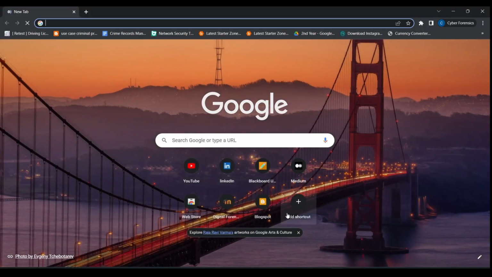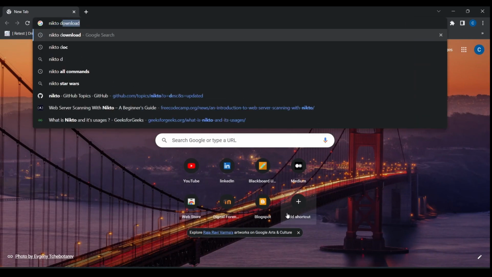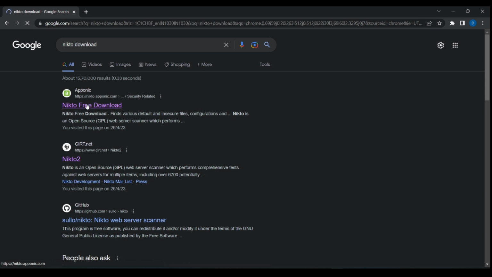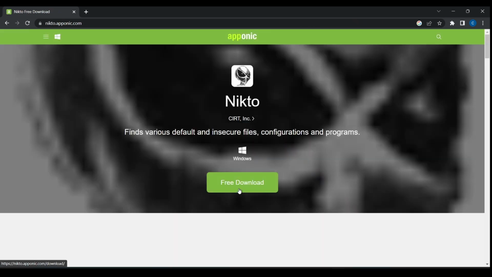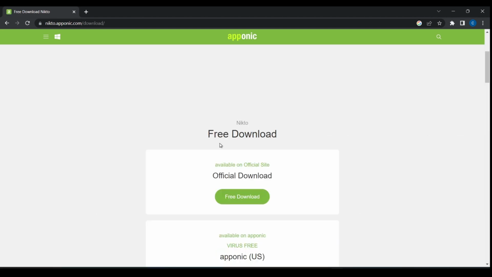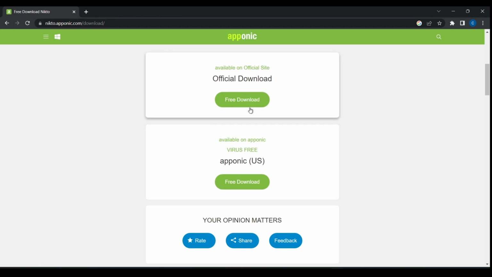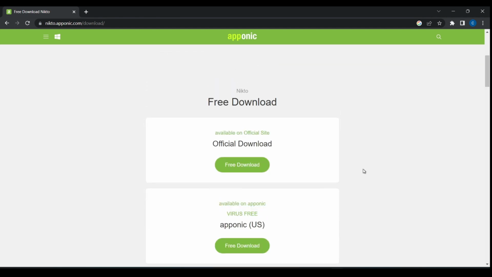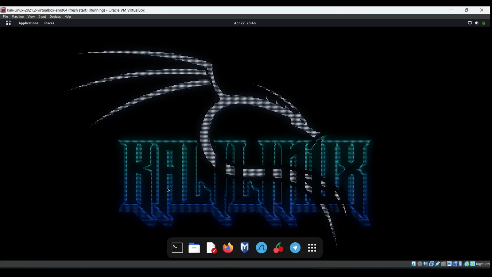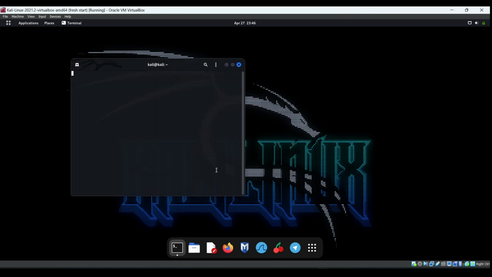Now we will type Nikto download. Here in the first website, Nikto free download, we can download it from here, and it will start downloading. On Mac there is another process, and in this video we will see how to download and work on Nikto in Kali Linux. So we come here to the command prompt,